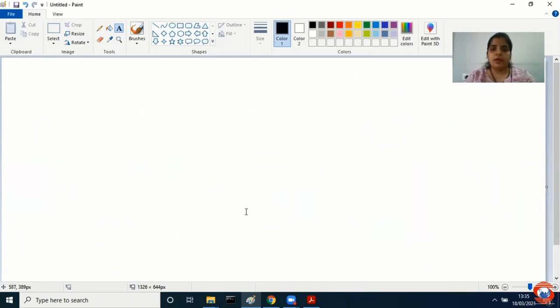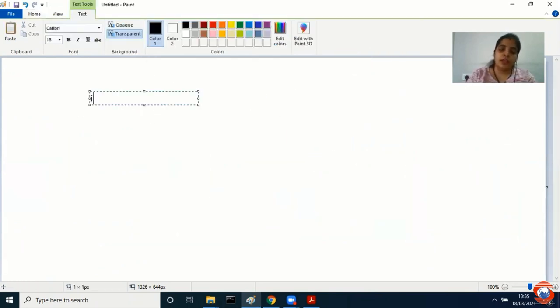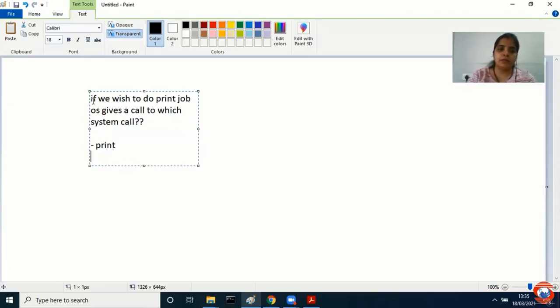Once the question is asked, if we wish to write, or let us say to do a print job, OS gives a call to which system call? Options: A था print, option B था write, option C था printing, and option none of the above, right? In this case, these types of questions are asked.